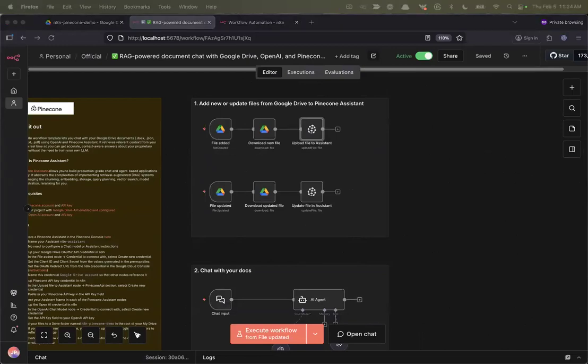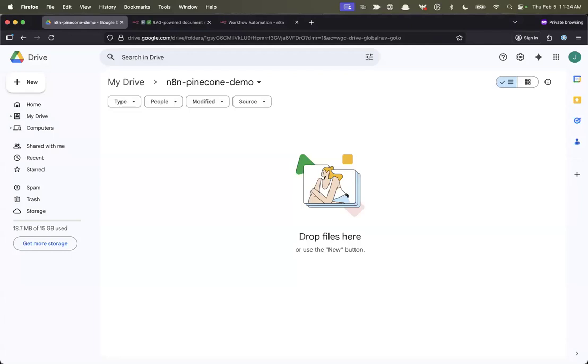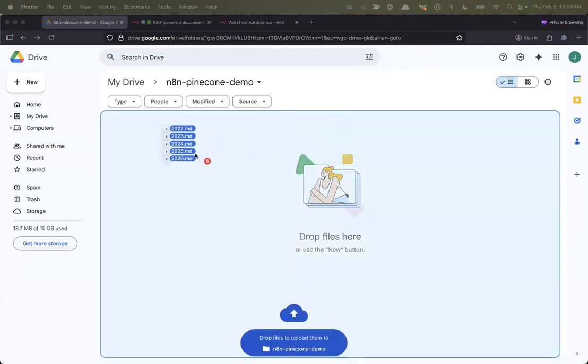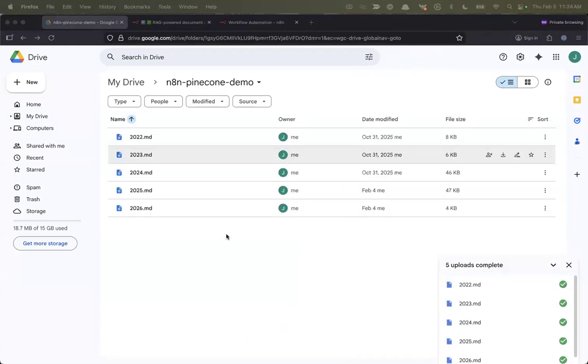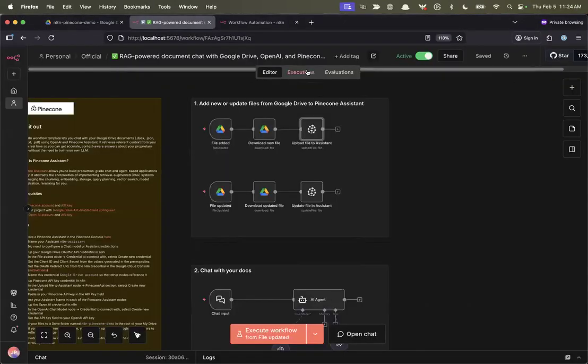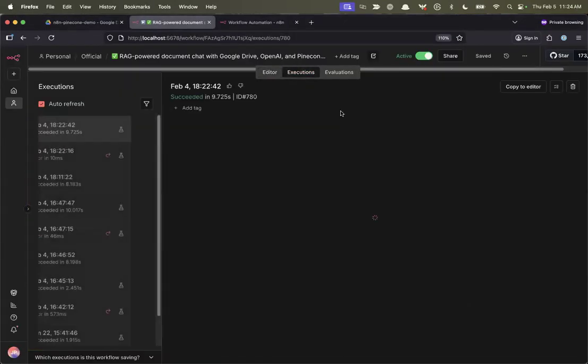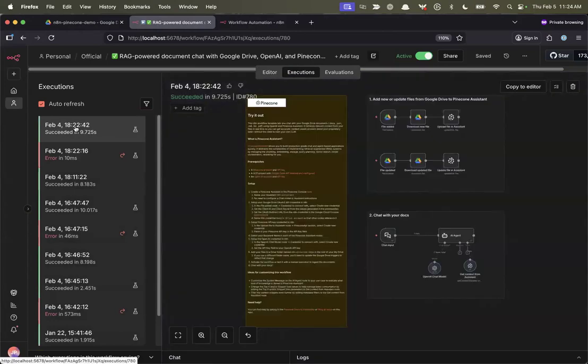I forgot to mention this, but I'm going to be uploading our Pinecone release notes from 2022 through today, basically. I have these all downloaded as Markdown files, so I'm going to drop those in here. We can see them upload into my Google Drive folder, and then we should be able to see this kick off.